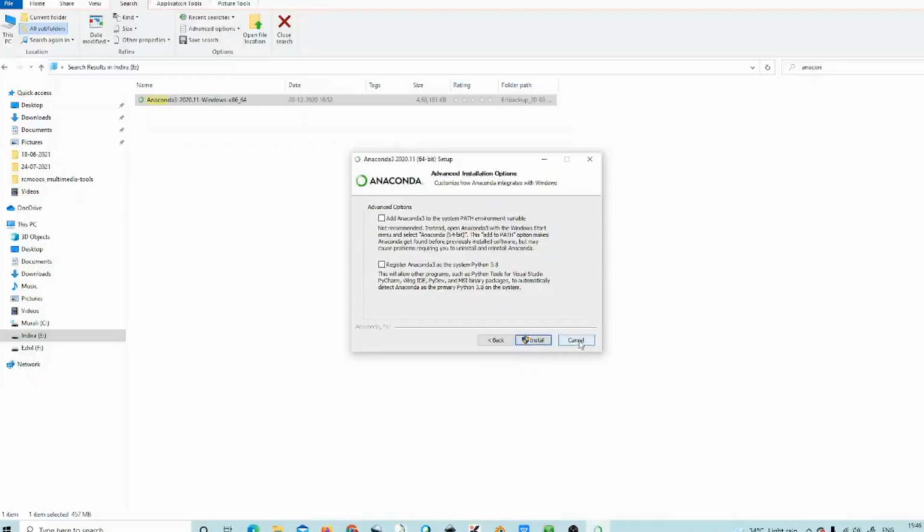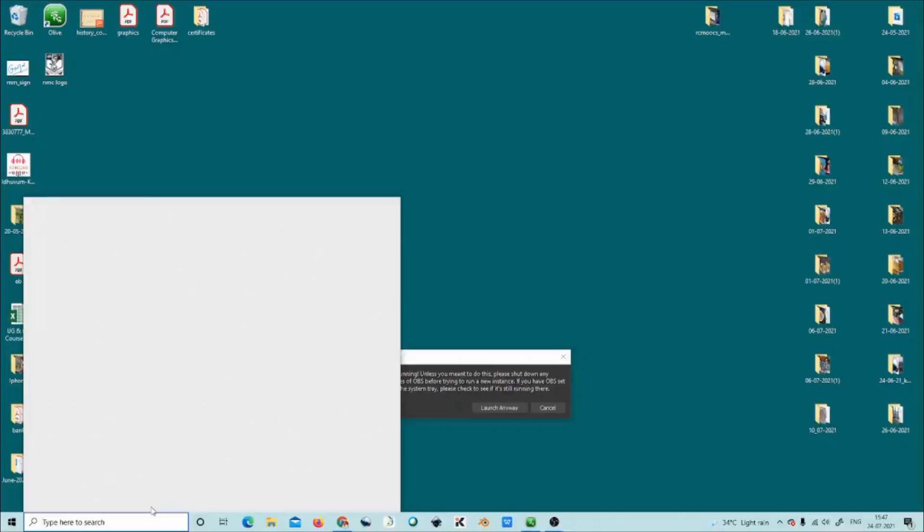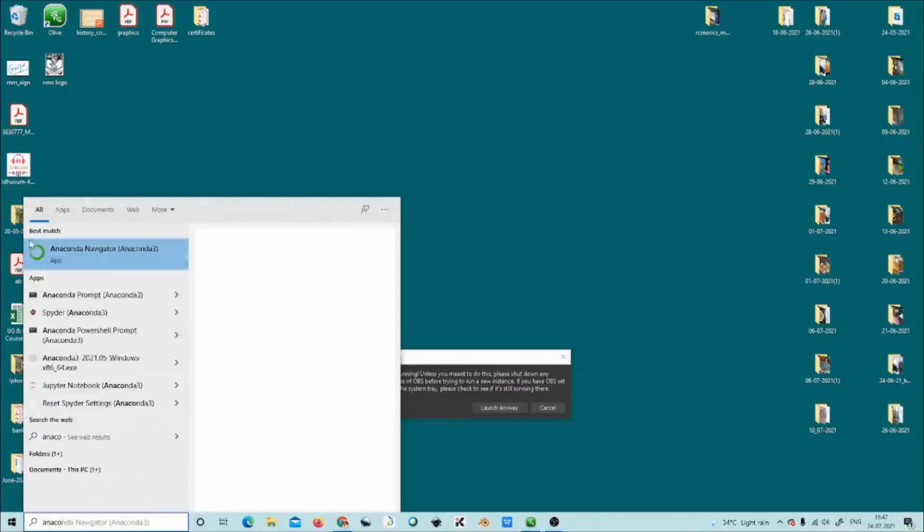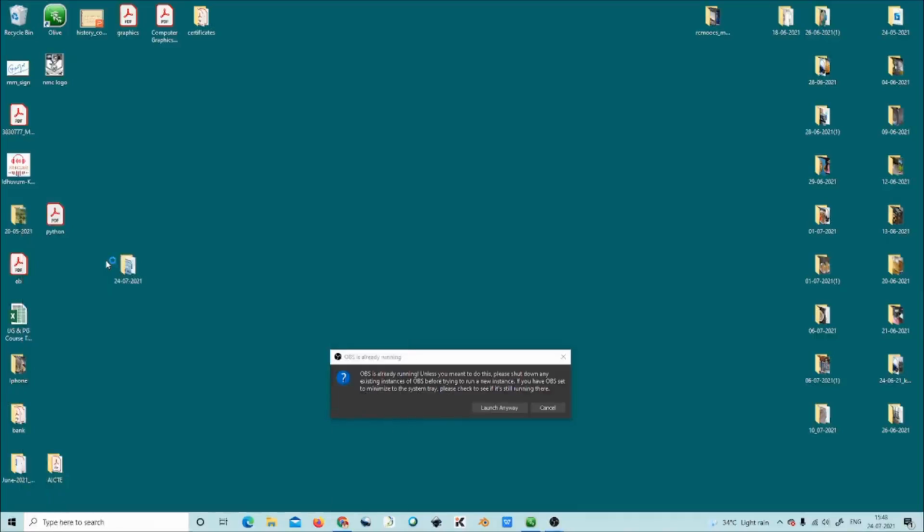Now we will see after installing the Anaconda how we can use it. In the search box, you just type Anaconda, and you will get the Anaconda Navigator. Just click the Anaconda Navigator, then a composite window will be created for using different applications of Anaconda.